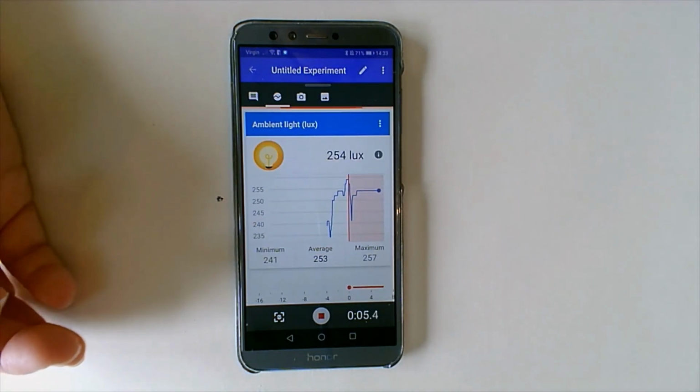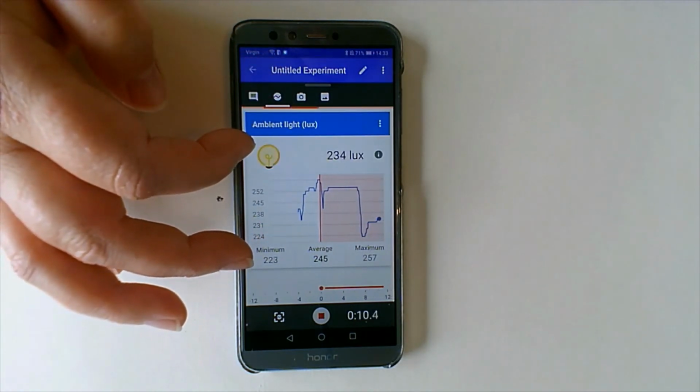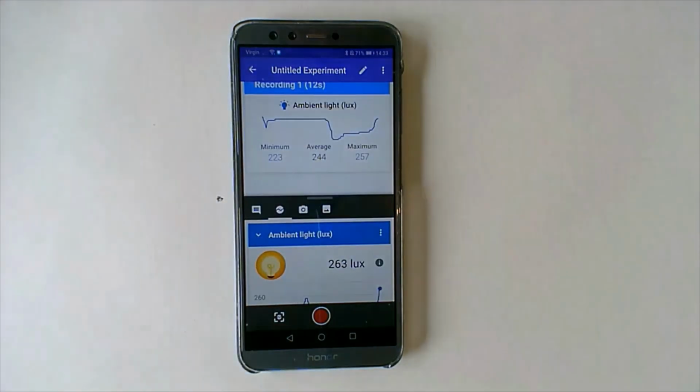And what you can do is, I've just pressed record, so I could actually record a bit. So I could take that and then I could just store that, so I could take a snap